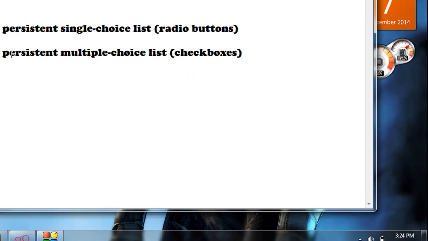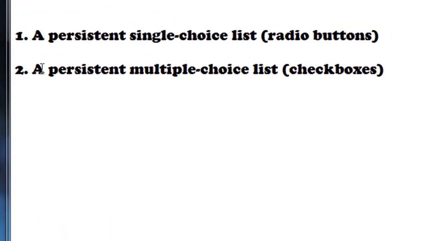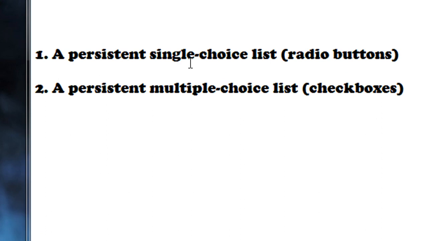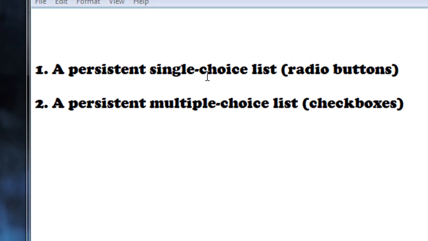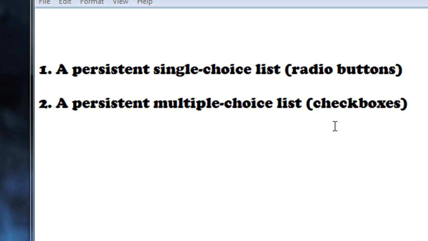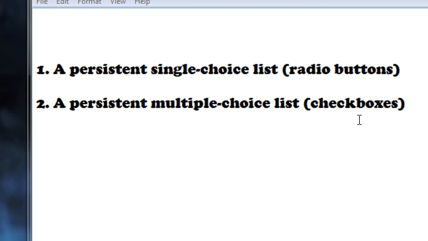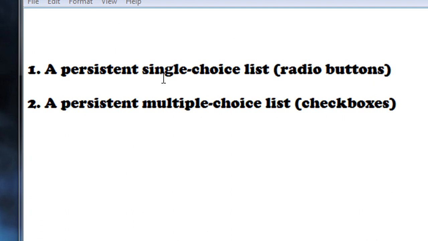You can add a list of items into an alert dialog in two ways. First one is a persistent single choice list, that means the list that contains radio buttons, and second one is a persistent multi-choice list, that means the list contains checkboxes. If you're using the single choice list, then you can select only one item at a time from the alert dialog, and if you are using multi-choice list, you can select more than one item from the dialog